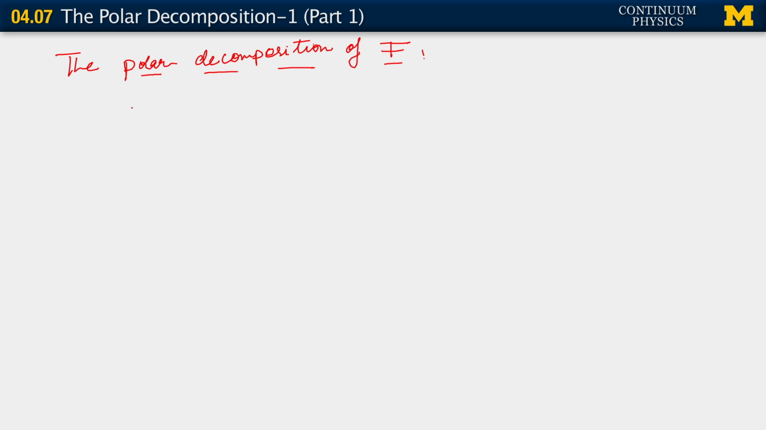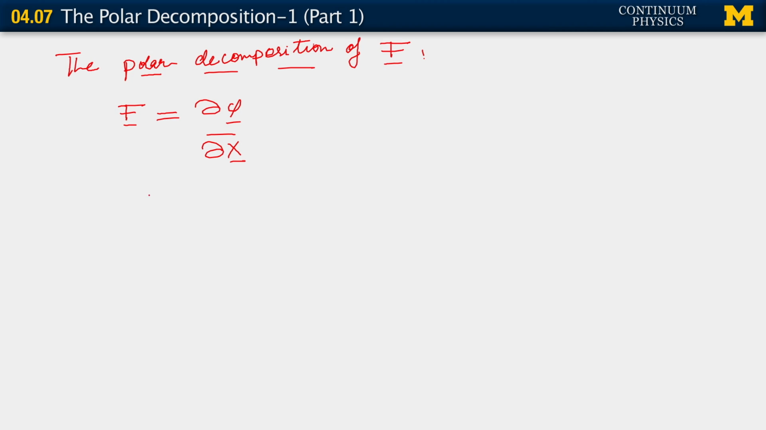So here's the idea. We have F equals the partial of phi with respect to capital X, with respect to the reference placement. Now we may ask the question, are there ways to write F as the product of two tensors? This may seem like a random, arbitrary mathematical question, but it turns out to have great physical implications. In particular, we're going to ask, can we write